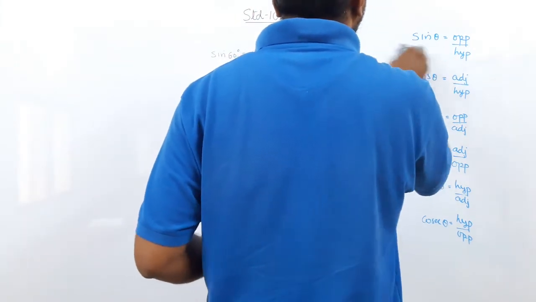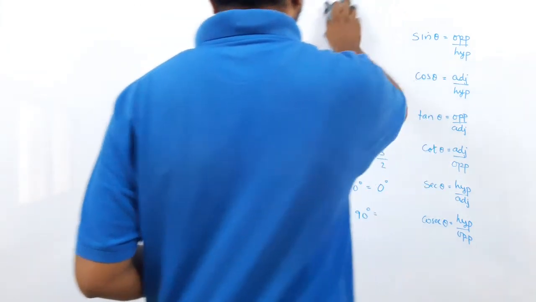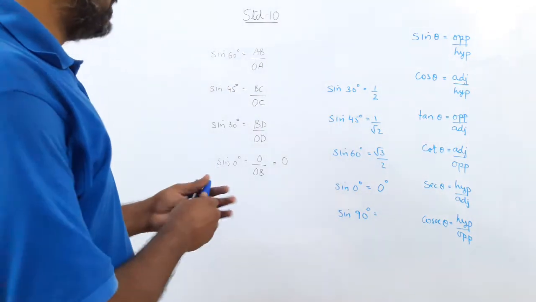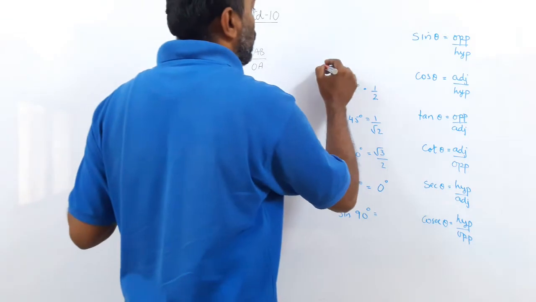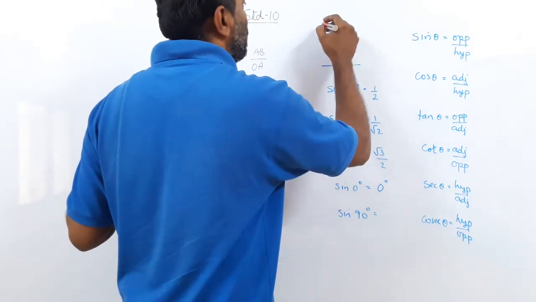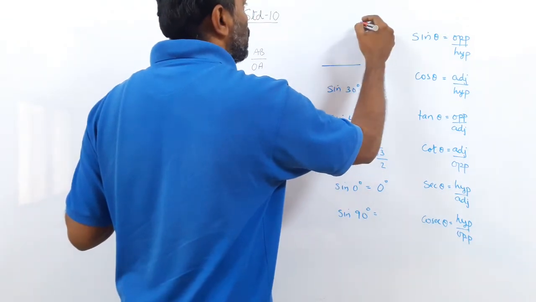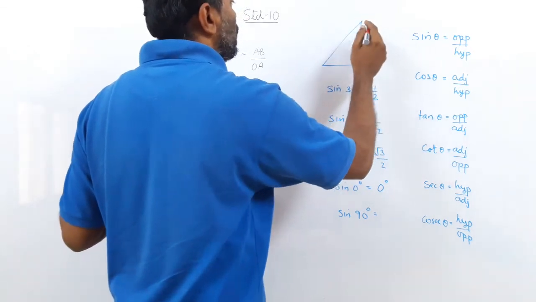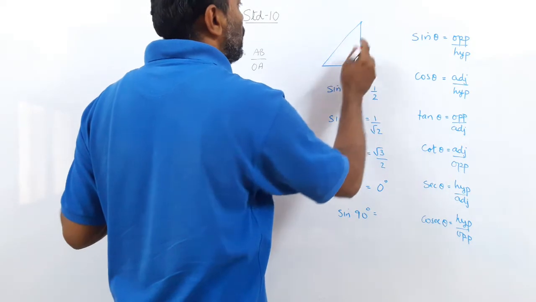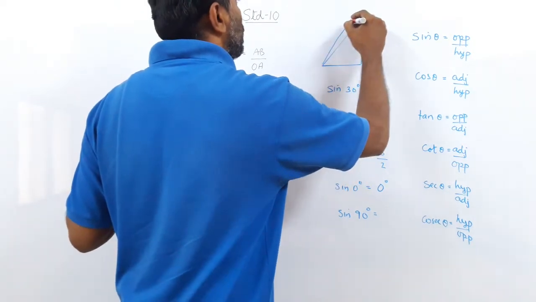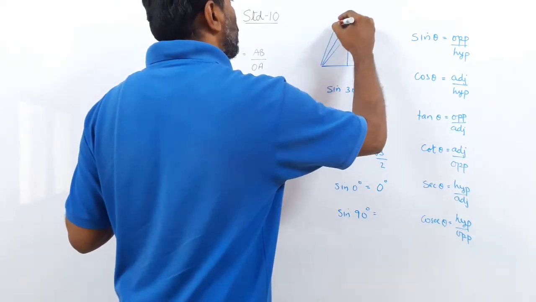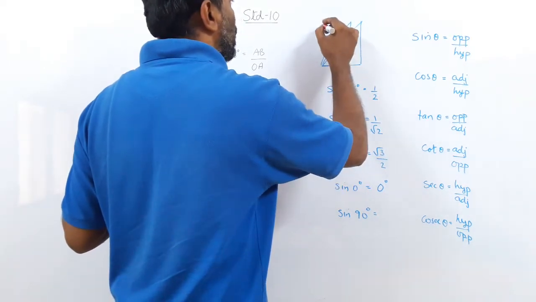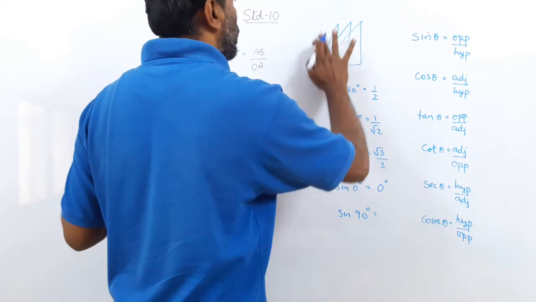So these two angles are not done practically like we did before, but these two are done theoretically. So sine 0 is 0, and if you take the angle 90, this is the hypotenuse, right? This is the hypotenuse. Now when you make the angle bigger and fix the sine, you see what happens. So here the angle is smaller, becoming bigger. And what do you observe?